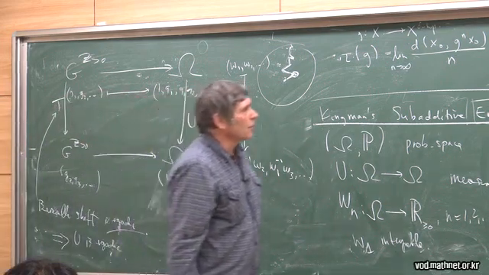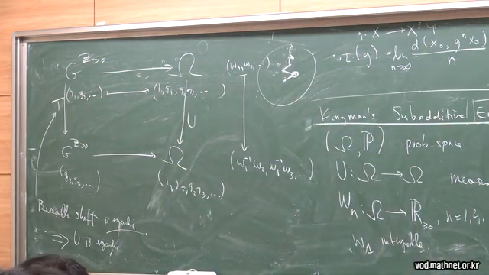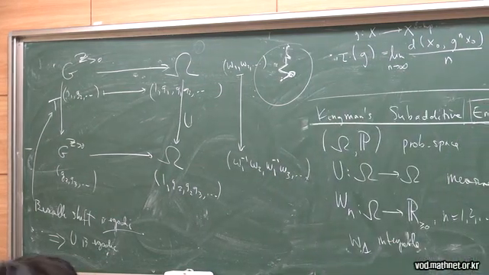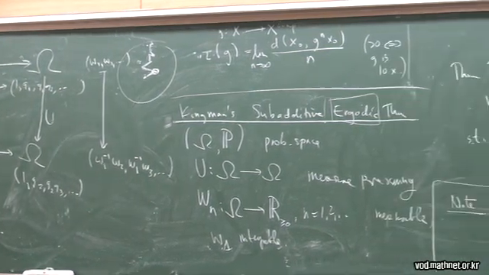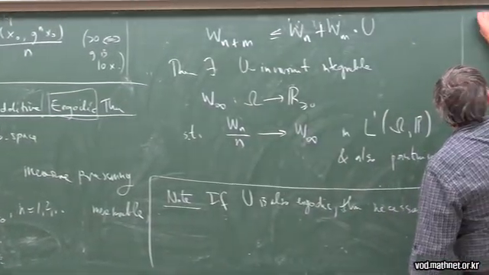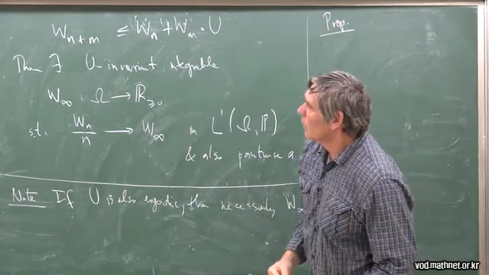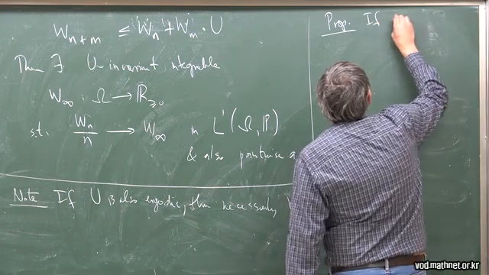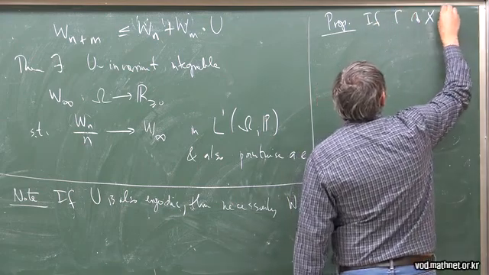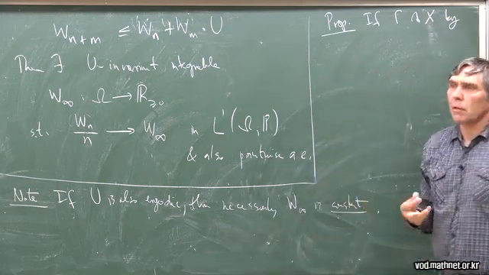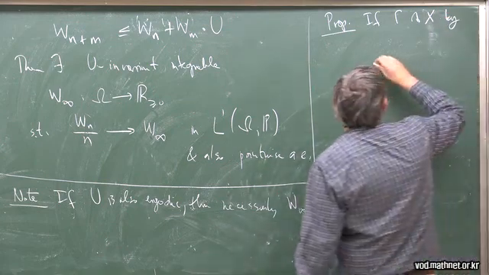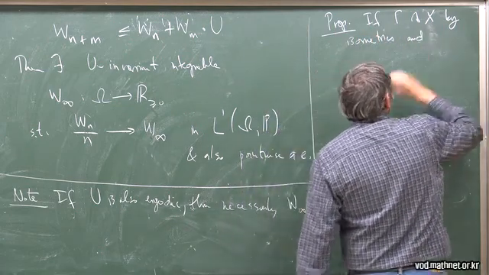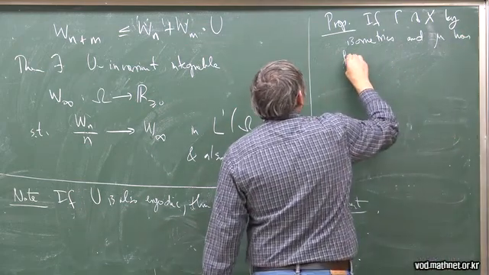And so we're all set for applying the Kingman ergodic theorem. Sorry, I'm all over the board, but I think it's important to have this on the board for this proposition. This is kind of a sample application of Kingman's subadditive ergodic theorem. If gamma acts on x by isometries, and here x doesn't even have to be hyperbolic, x can be any metric space, and mu has finite first moment,